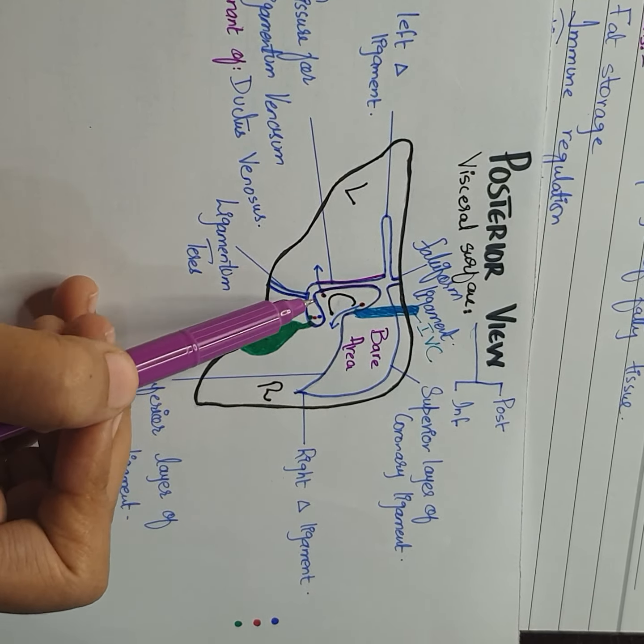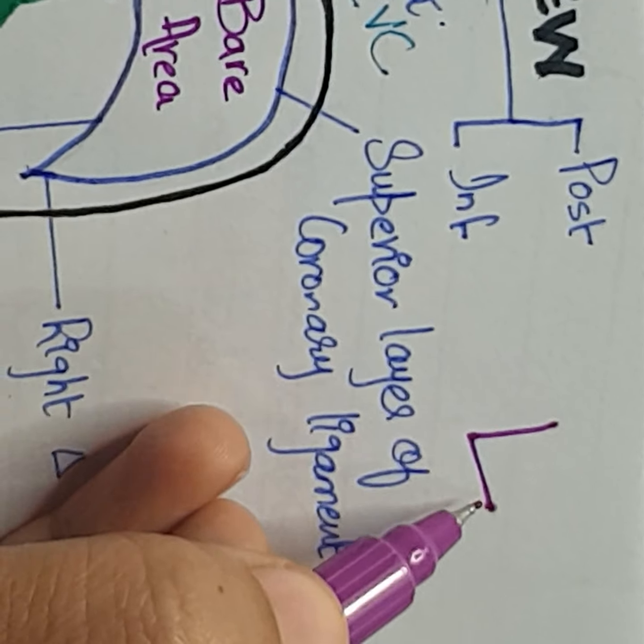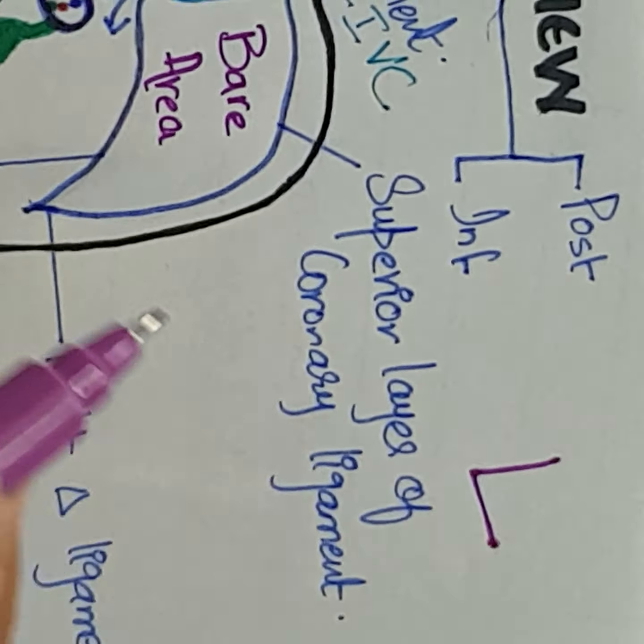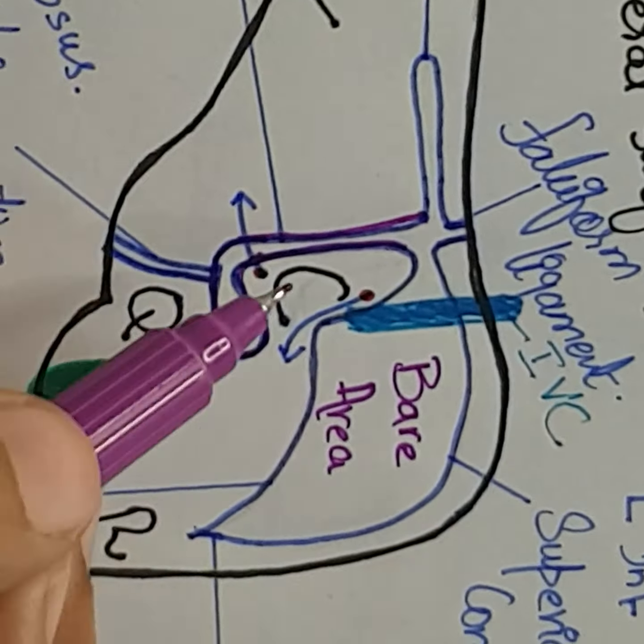And this which now I am highlighting is called the porta hepatis. So this is basically making an L. The vertical limb of L stands for the fissure for ligamentum venosum and the horizontal limb of L stands for the porta hepatis. So the lesser omentum on liver is attached on the fissure for ligamentum venosum and the porta hepatis, making an L shape if we see it from